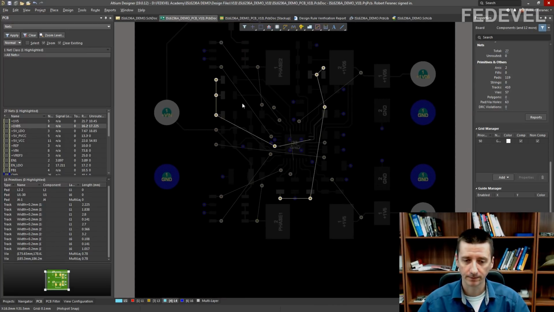And when I'm doing layout, in this first stage of the layout, when we are connecting all the pins, I don't really use polygons, because if you draw polygons, it is sometimes quite hard to work with them. If you would like to adjust the shape of the polygon, it's quite a lot of work. Also, sometimes you cannot really see through the polygons, and if you place vias, there can be violations with the polygons.